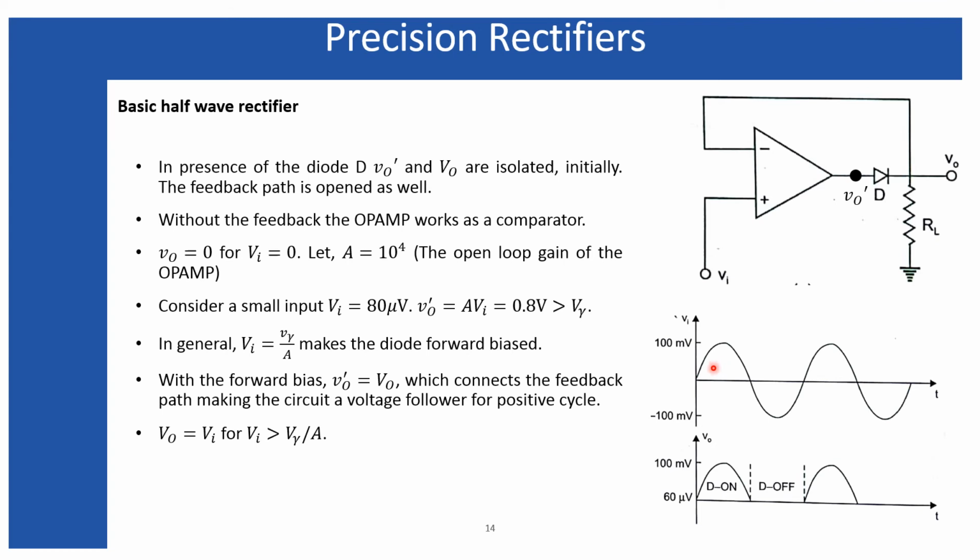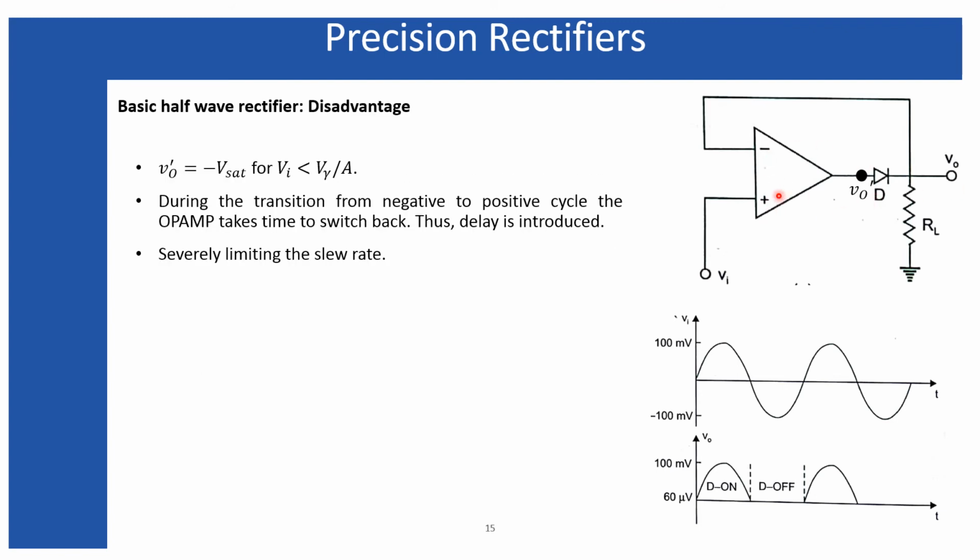So the waveform can be drawn. This is the input waveform. You can see the input varies from 0 to 100 millivolt. And the diode I am using over here has a threshold voltage more than 100 millivolt, around 0.6 to 0.7 volt, that means 600 to 700 millivolt. The diode is turned off only for input voltage below about 60 microvolt, and the half wave rectification can be achieved for the 100 millivolt signal. So that is why the precision rectifier is so important.